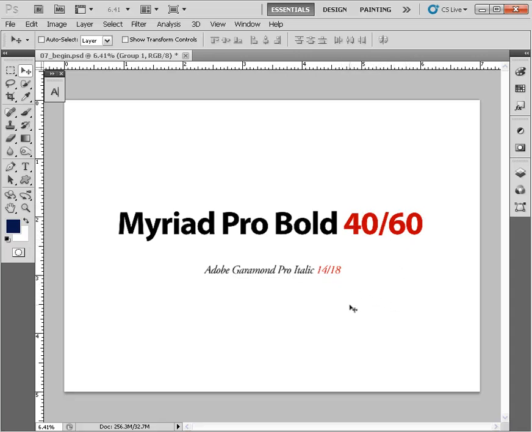Now, at this point, I would highly recommend that you get in the habit of working in points and picas in your design programs, whether it's Photoshop, InDesign, or Illustrator. Do away with your inches unit of measure. Switch over to points and picas, because the sooner you begin working with this unit of measure, the quicker you'll become used to it. So let me go ahead and just show you here in Photoshop how we can adjust